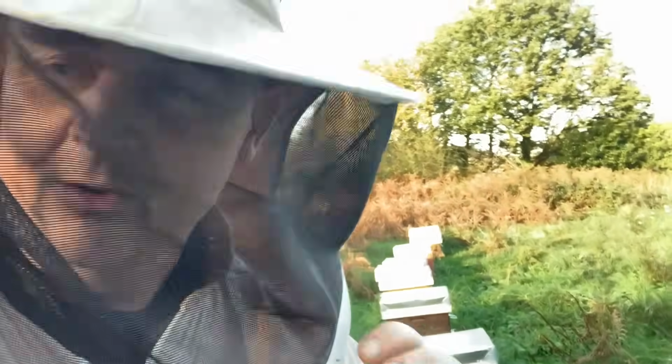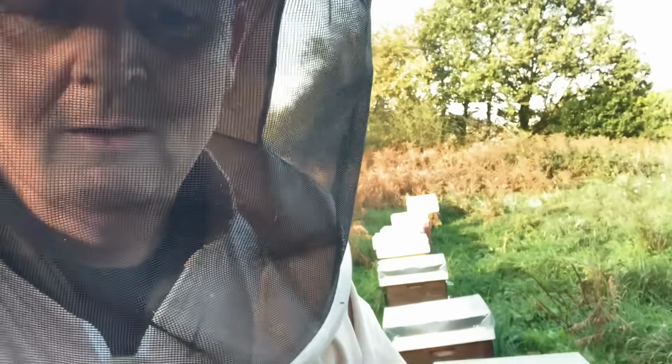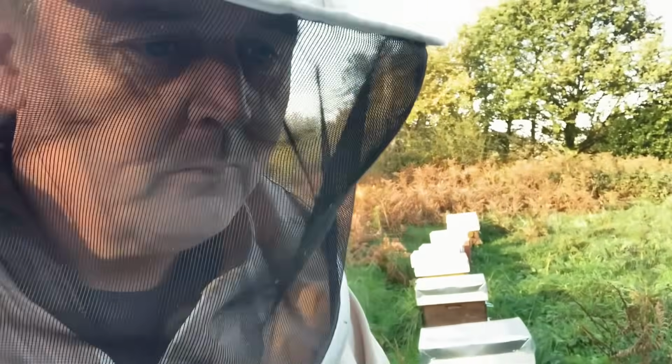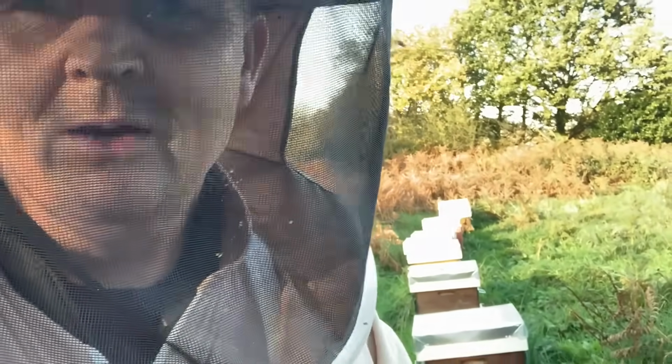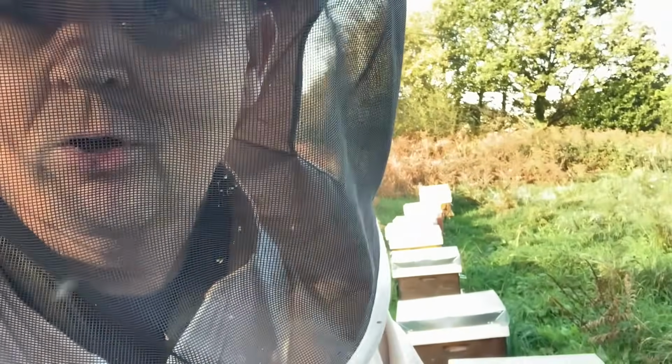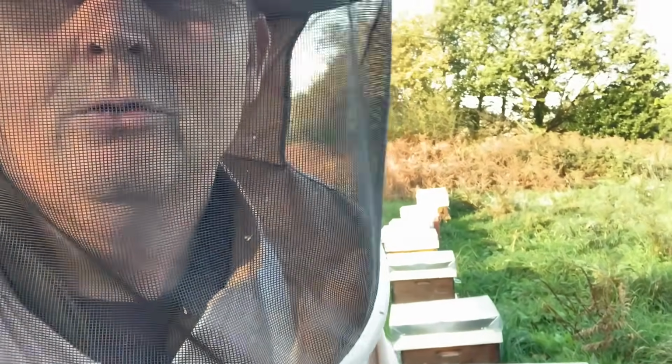What does it do? It's another source of amino acids, different types, slightly different to what the bees are getting, but it's more diversity in their pollens, more diversity in their gut, so it can only be a good thing. So that's why I gave the pollen sub, and it's all gone. It means the bees have got time to shut down now. We've got this perfect weather window, like I said, that gives those bees time to...